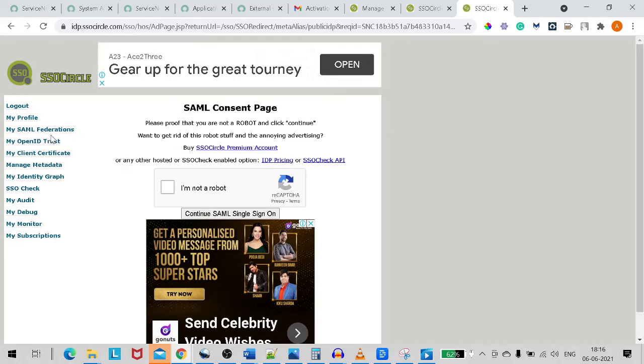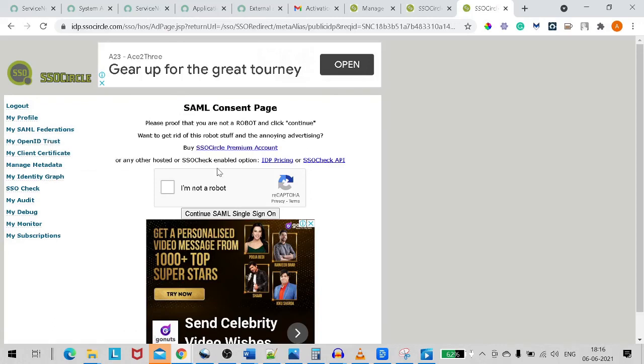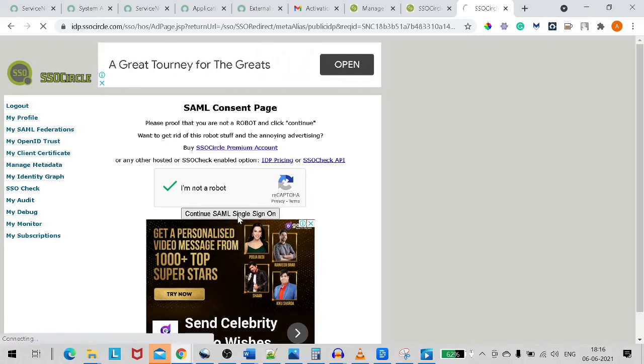I'm already logged into this account the way you are logged into Gmail, and through that Gmail you can log into any platform, right? Similarly, SSO Circle is acting right now. If I click on I'm not a robot, it verifies me. Now I'm not providing any username and password. I will simply click on continue as SAML sign in, single sign on. As soon as I click on SAML sign on, it will route me to the ServiceNow instance and auto login. That's how it should work ideally. So we can see it's getting routed to ServiceNow,